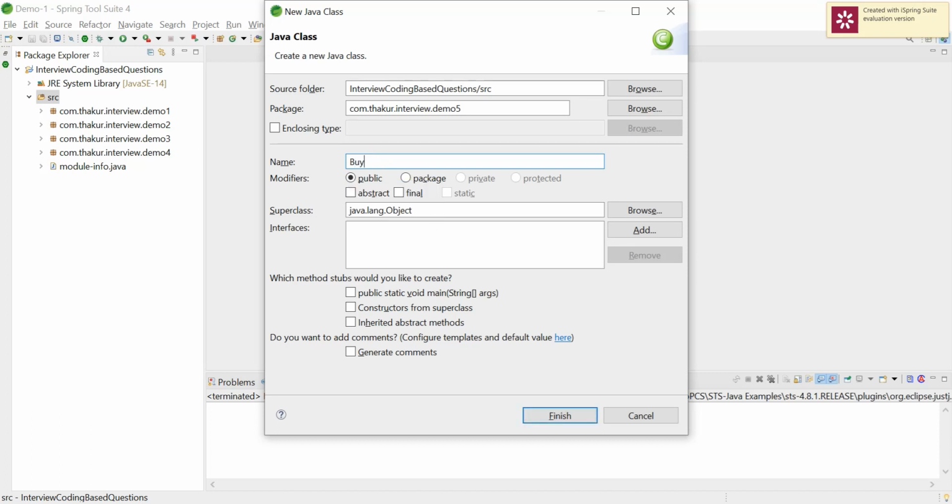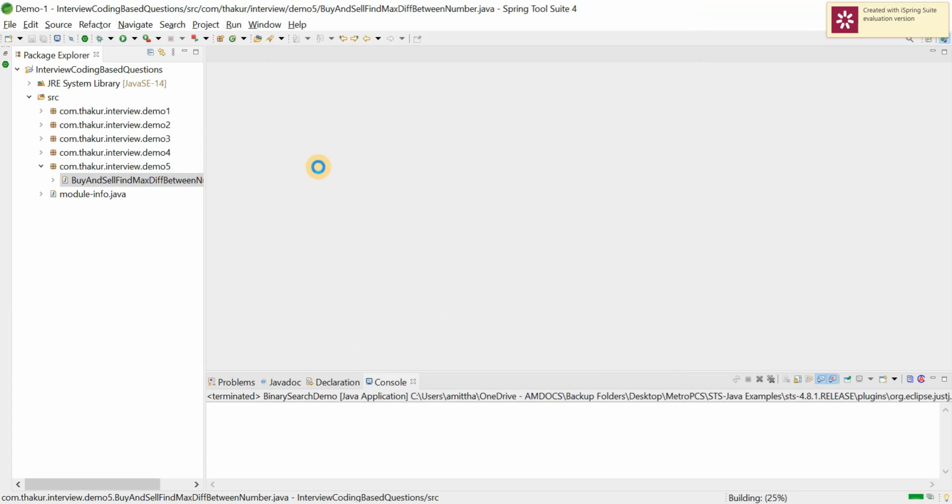We can call it buy and sell, find max difference between the numbers. Okay, let's try to implement it.